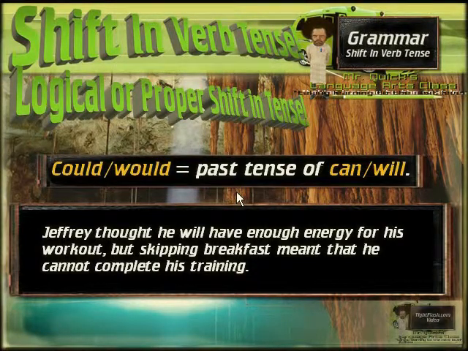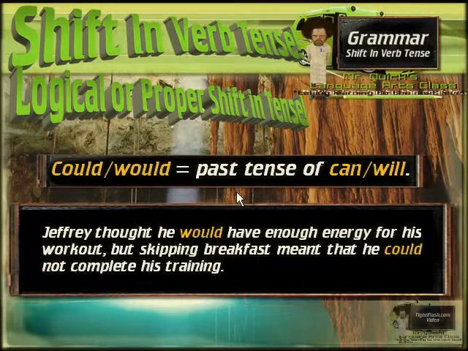Jeffrey thought. Of course, thought is past tense, so why would we use will after that? No, and cannot is not going to go with that because we're dealing with past tense here, so we need past tense verbs. Although we may even speak like that, it's not correct. It definitely would be would.